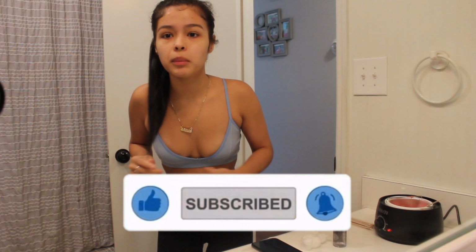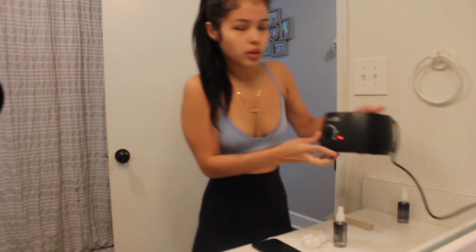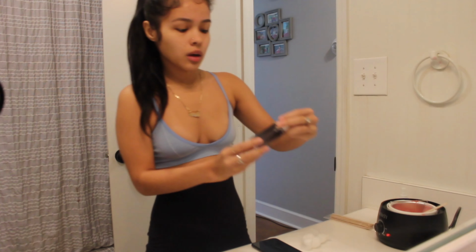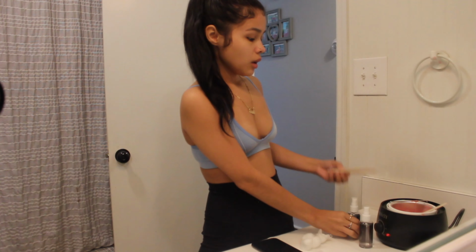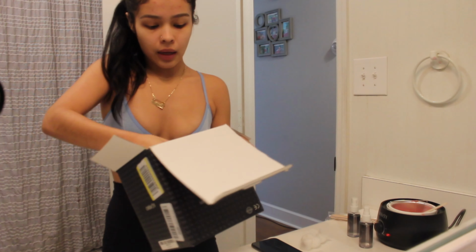For today's video, I'm going to be showing you guys how I wax my underarms at home using this wax I got from Amazon. It was pretty affordable. I want to say it was around $40, and it comes with a lot of stuff. It comes with the wax pot, the pre-wax oil, the post-wax oil, and a few popsicle sticks, as well as